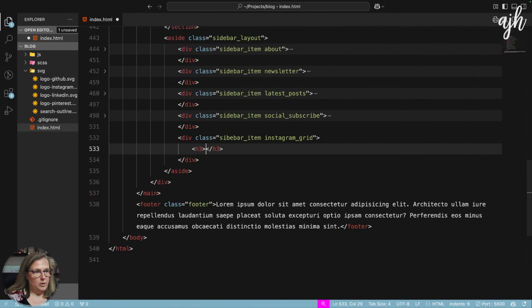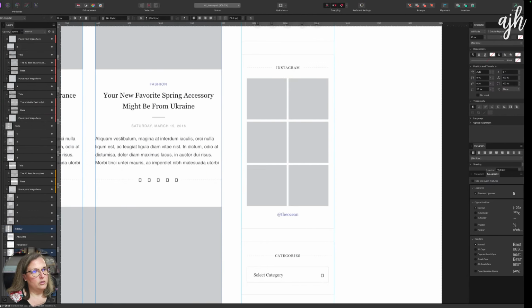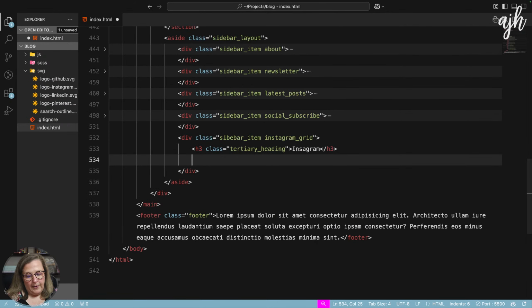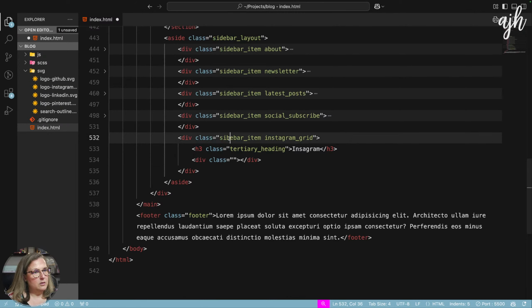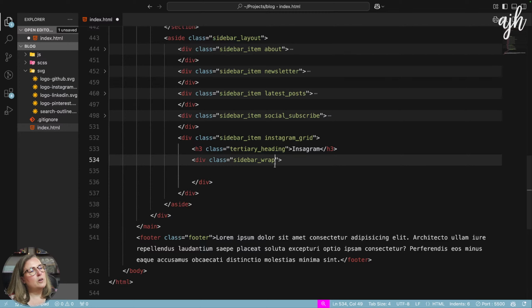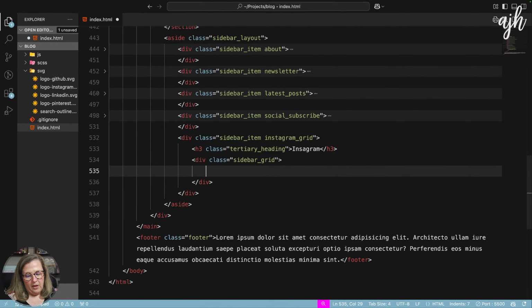And we want our H3 with a class of tertiary heading. I think it's just Instagram. And then I am going to put this inside of a container, and I'm going to call this the sidebar wrap. I'm going to call it sidebar grid. A little more semantic. Sidebar grid. And then